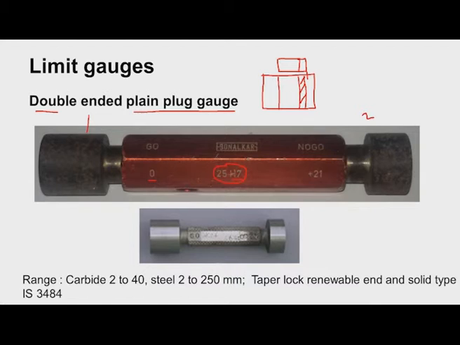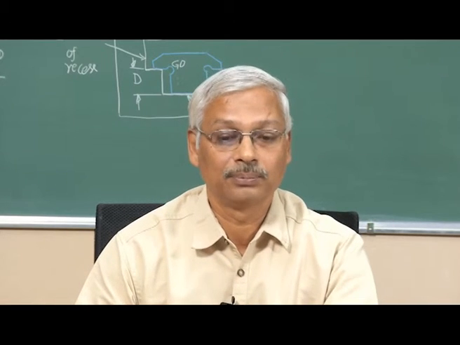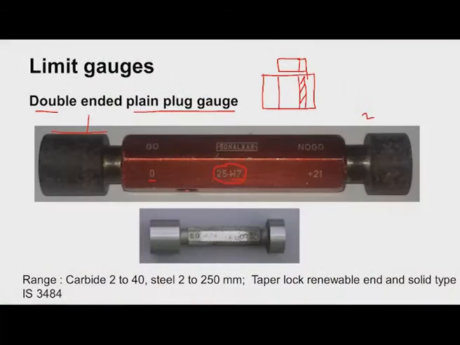and exact 25 millimeter is always very difficult to manufacture. So some tolerance is also provided for manufacture of gauges, called gauge tolerance. This we will see after some time. You can see here this is plus 21, that means the diameter of this is equal to 25.021 millimeter. That means compared to the basic size, this is greater by 0.021 millimeter.